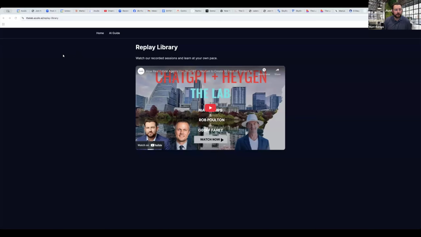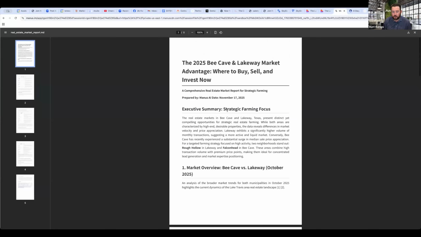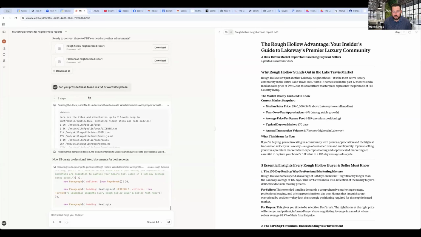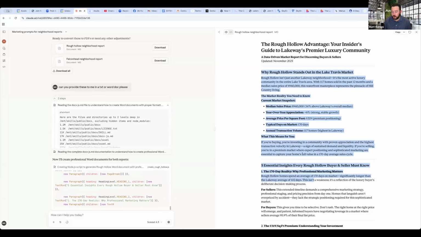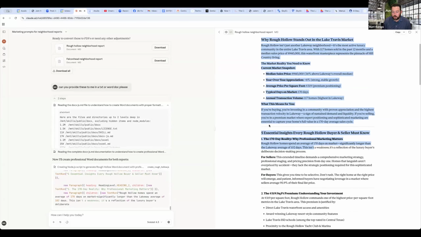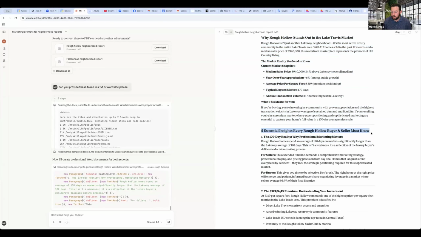Okay, good. All right. So recapping just for the sake of recording, we have created first a Manus document, which creates the whole PDF on 2 neighborhoods we're focusing on in Southwest Austin. Second part, we went into Claude and we're now creating a document for a prompt that goes back to Gamma. And we're going to create 5 essential insights that you need to know if you're a buyer or seller in those areas. And we're then going to take this prompt, put it